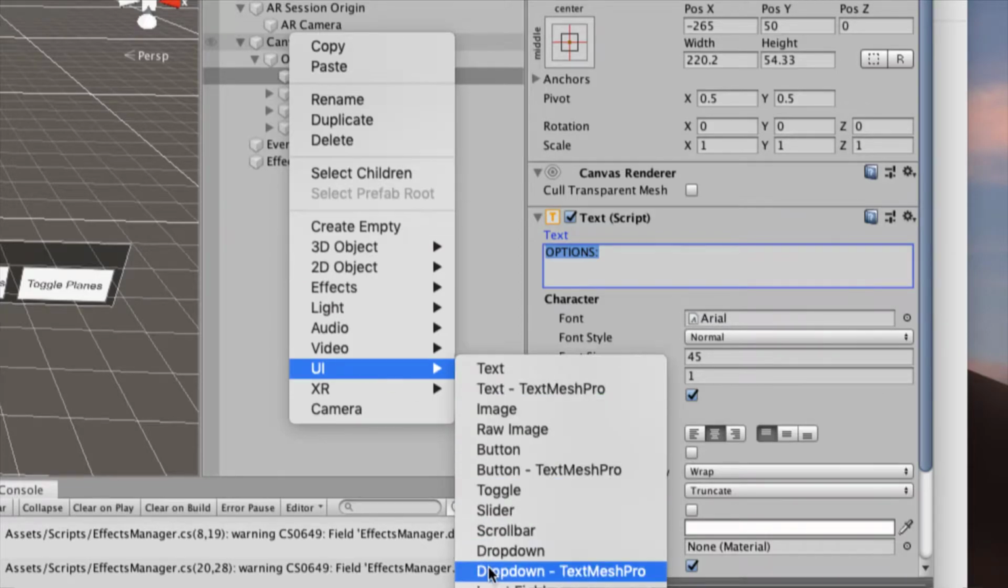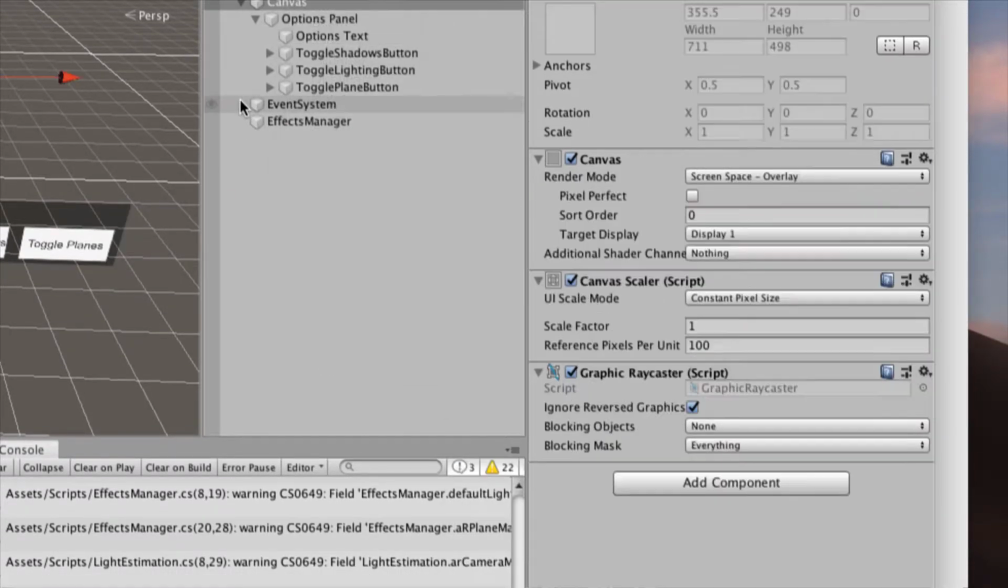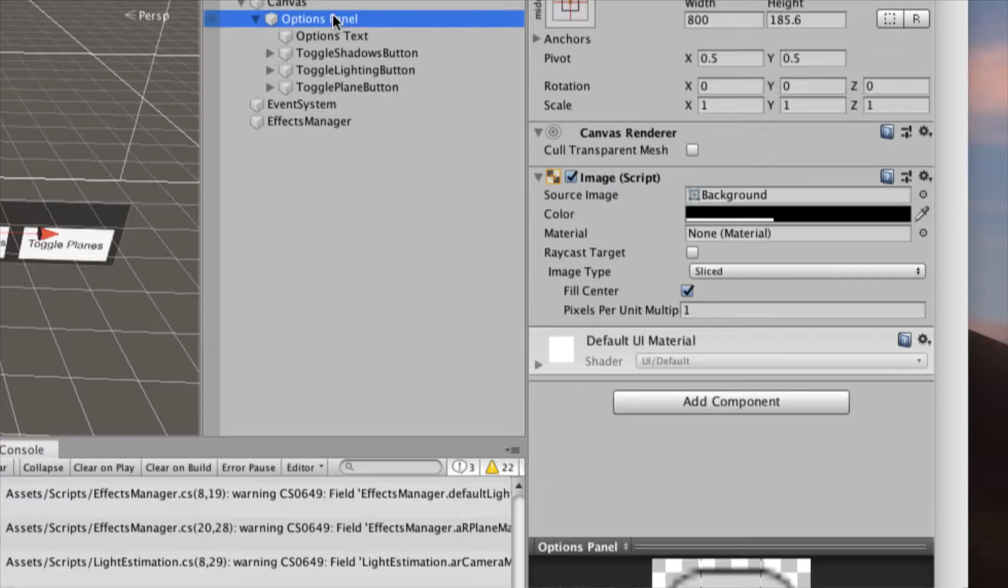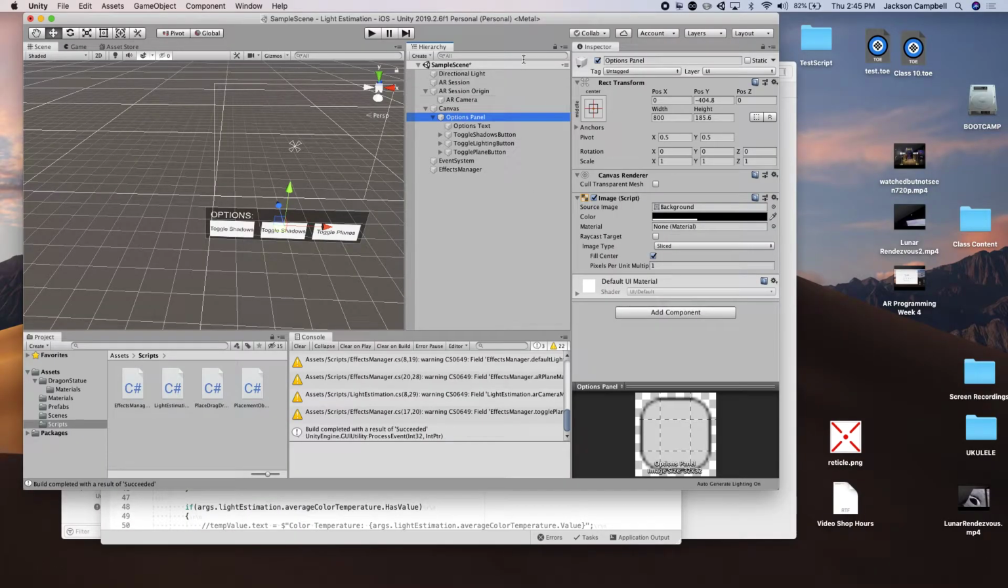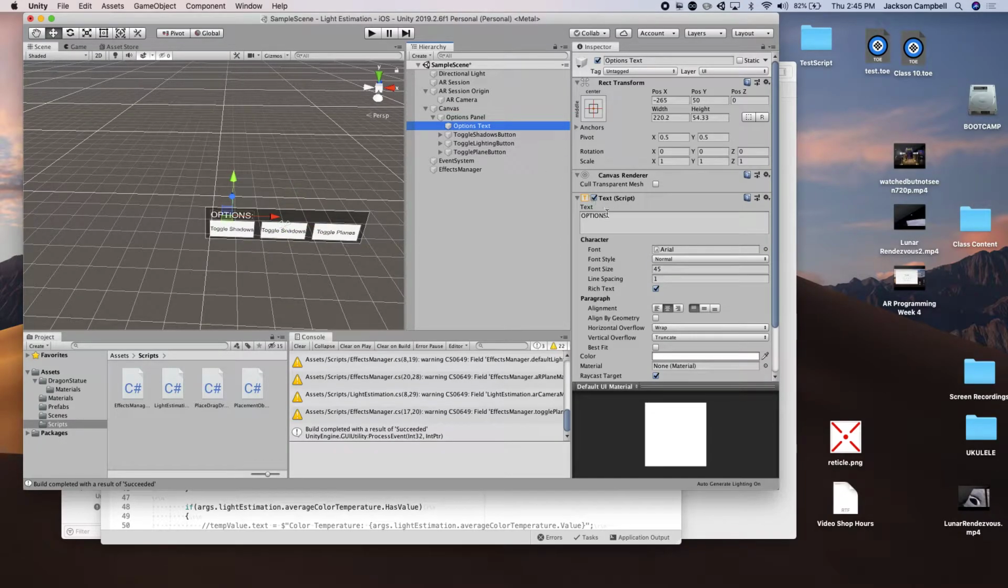UI panel. And then inside of panel, add text. And we're using this all for the word options, so I named it options panel and options text. By default, it'll just say panel and text. Okay? And then in the text, go ahead and put the word options: and you can change